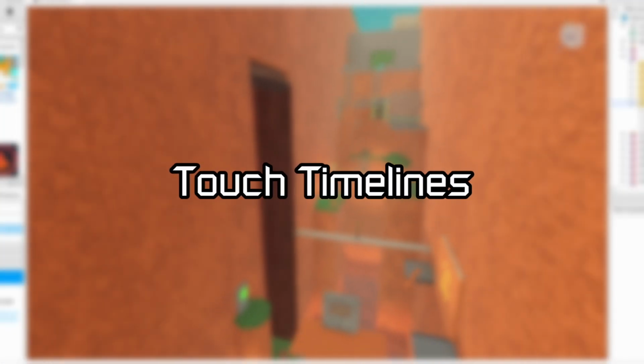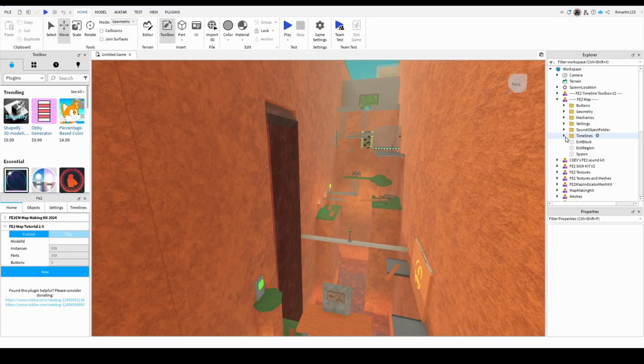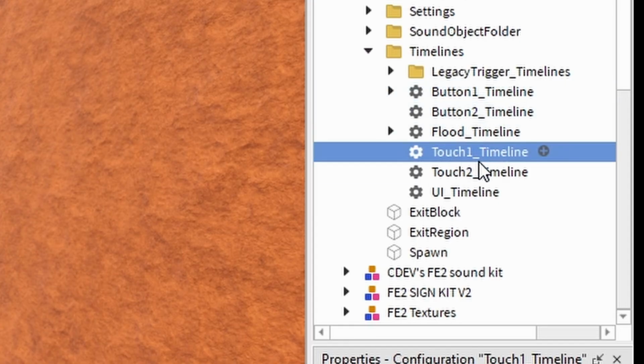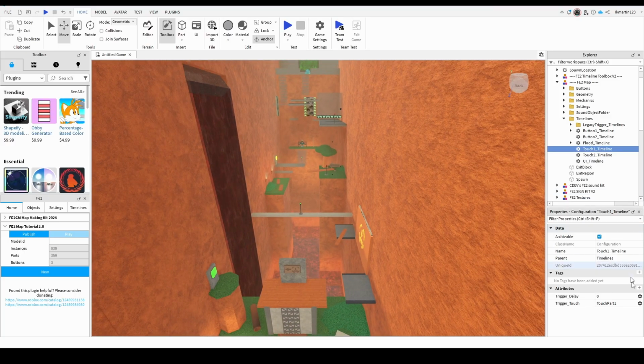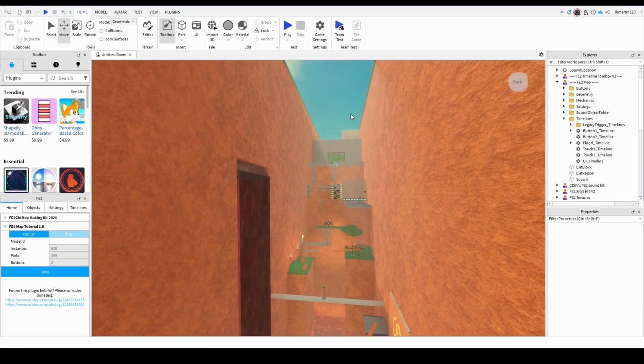Because this video would be quite short, I decided to add the advanced timelines section in here. So, let's go! You might be thinking, what even is a touch timeline? Well, it's basically a whole other configuration for XFrames, but this one is activated when you touch a specific part